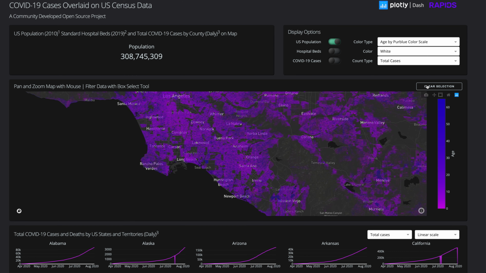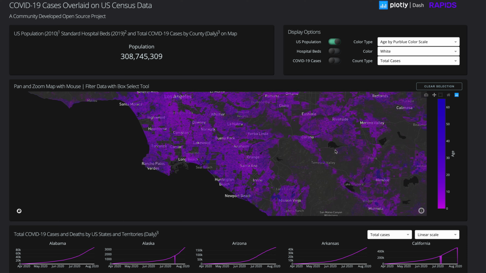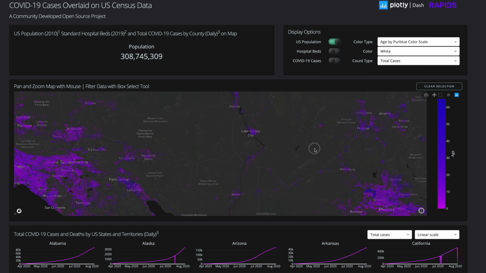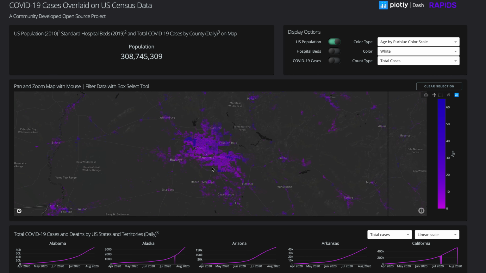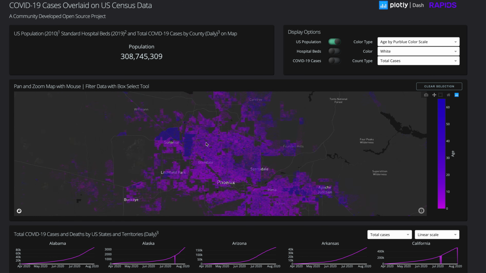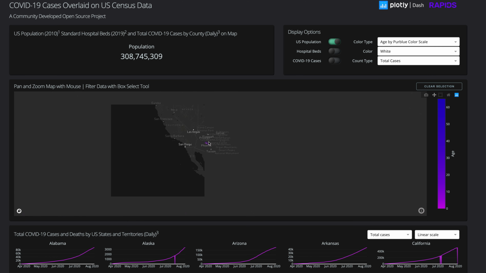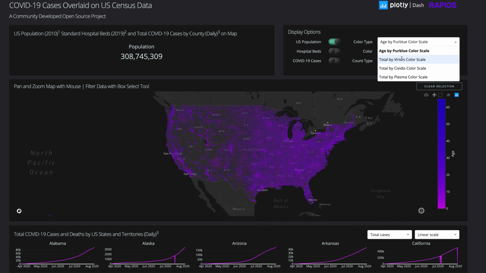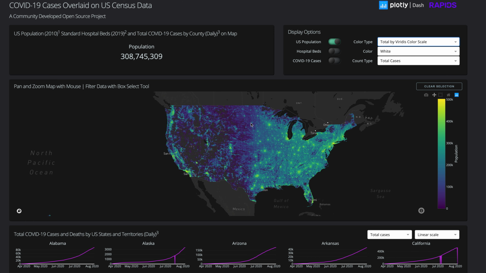Because the GPU enables this to render and be queried so quickly, it really encourages me to just pan around and see the patterns and investigate the data at the speed of my own thought and curiosity. That's something that is really taking advantage of the GPU acceleration, in this case with population maps. And of course we can change the different color scales. In this case now it's just population density, so you very quickly see where the major cities and urban